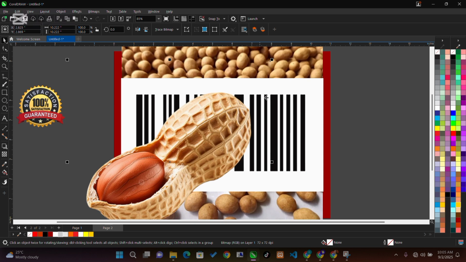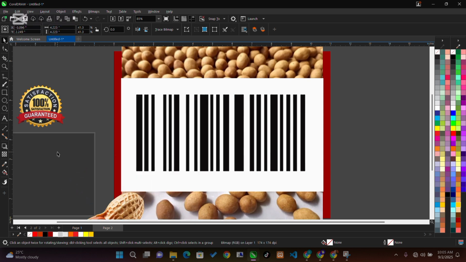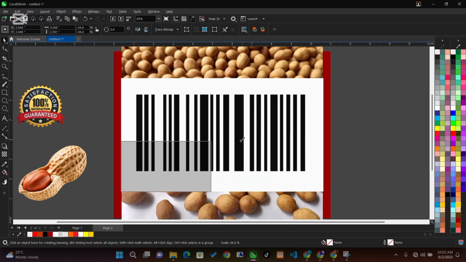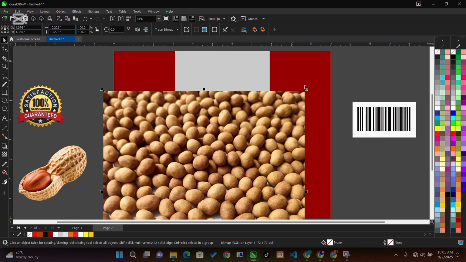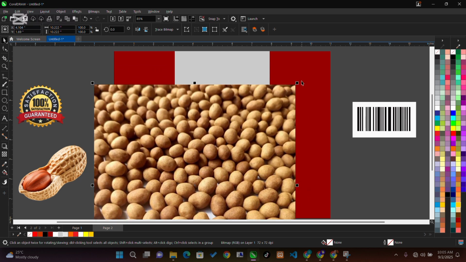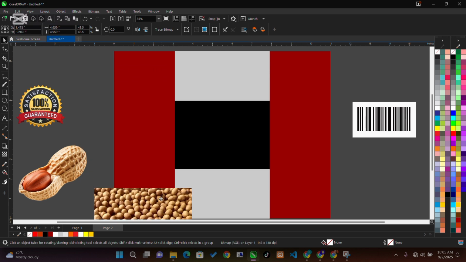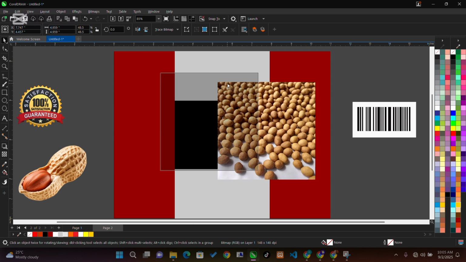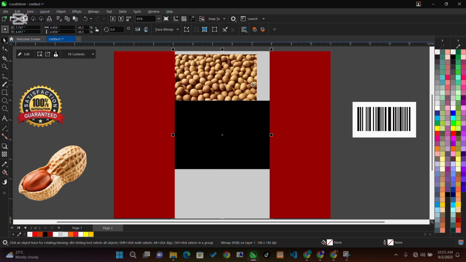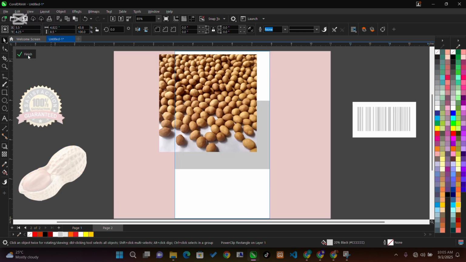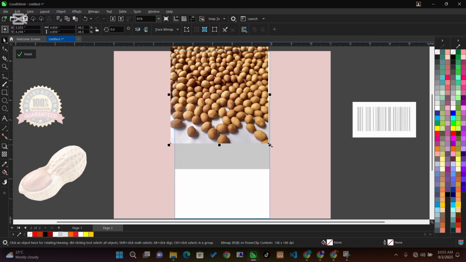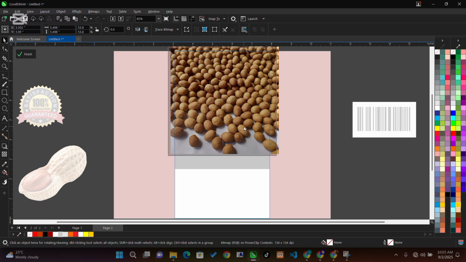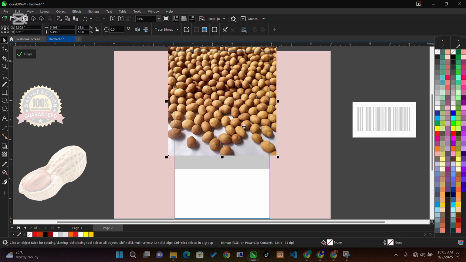And then resize this so that you have chance to work on your design. Resize it down, resize it down here, and then resize this one as well. Now we are going to power clip this inside this gray section. We open the power clip by editing the power clip, and then you drag this to fit, then duplicate that,